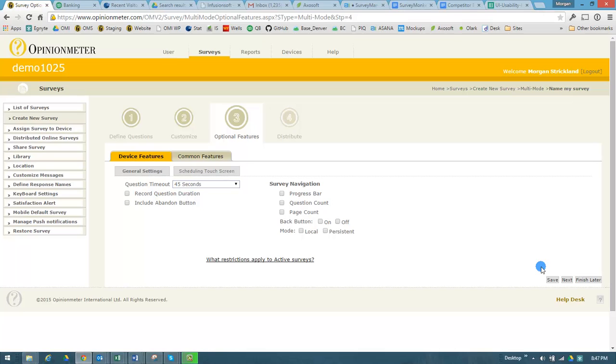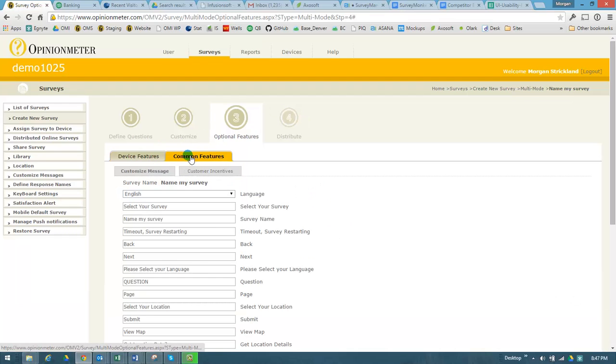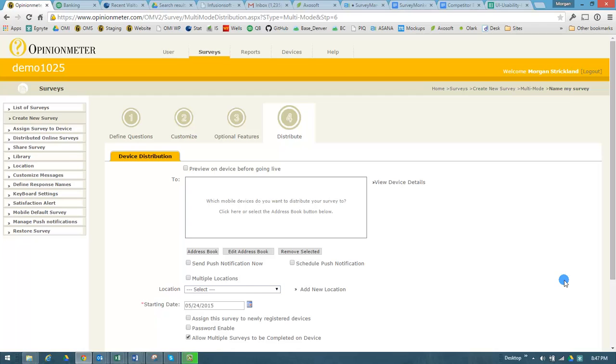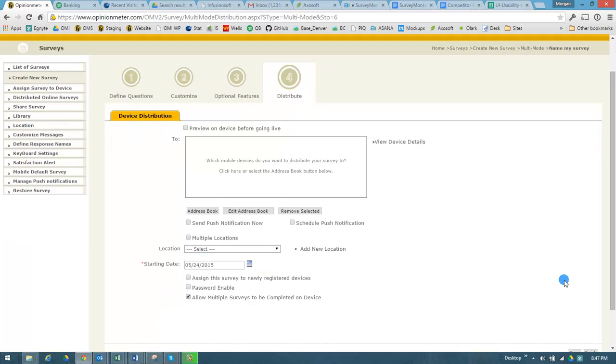And step 3 are basically optional features for the device or common features across both. You can modify if you want a progress bar, you want to have a question count or page count, etc. You can select those. And then just go ahead to the next step. And now this is where we distribute. And given this is a phone and a tablet survey,